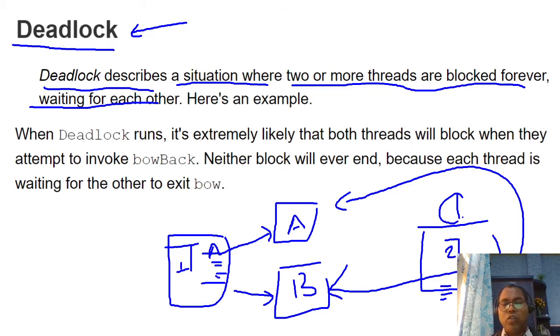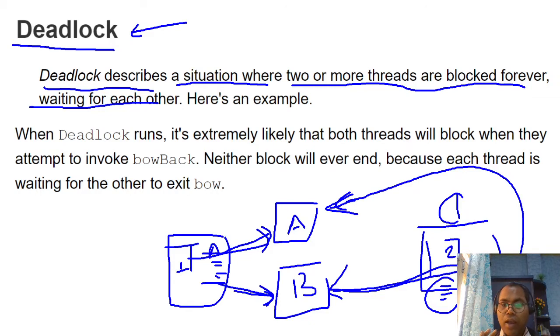So the problem that occurs here is that T1 is holding the lock on A and now demanding the lock on B. In the same situation, the T2 thread says, I am holding the lock on B, but to complete my task I need the object A. So they are waiting for the lock on A. In this situation, both threads are waiting to get a lock on a particular resource, and both are dependent on each other. Now they are waiting forever. This situation is known as a deadlock.